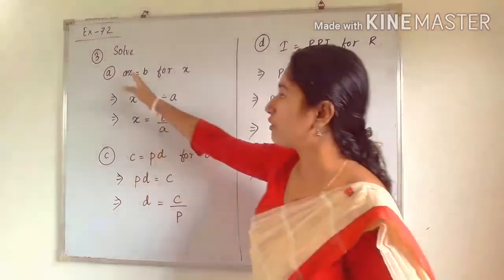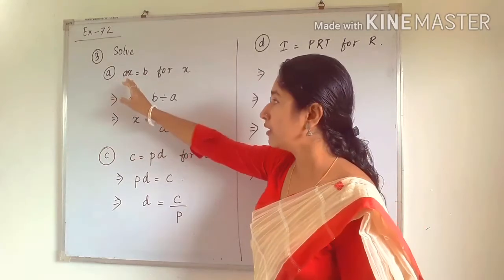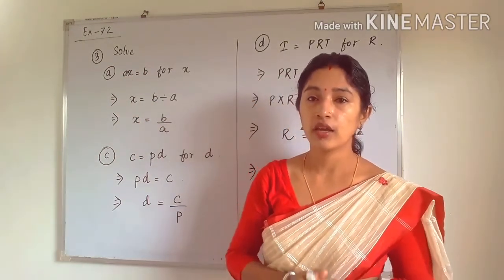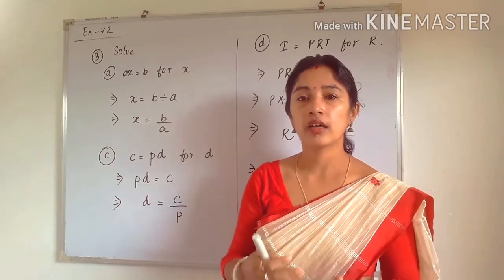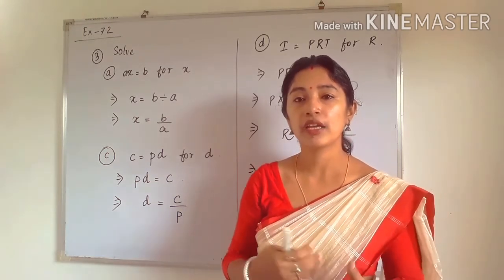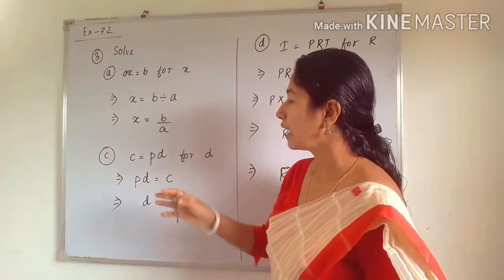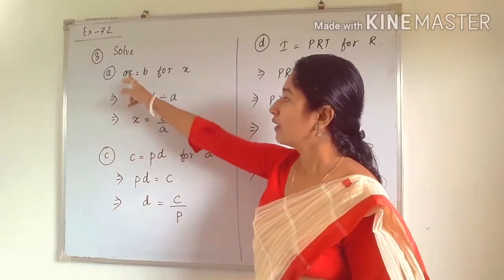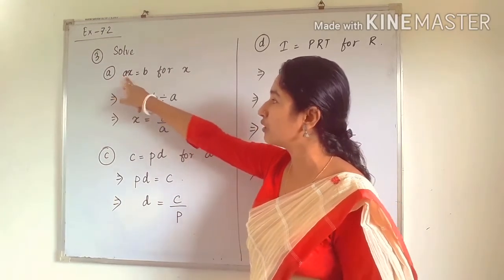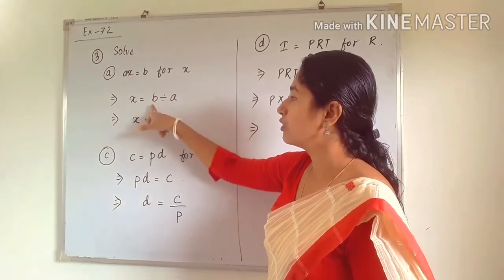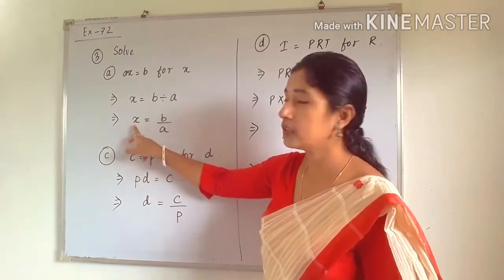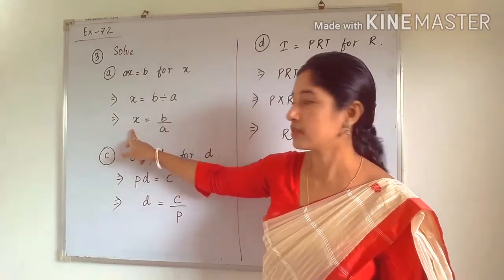So see here, x is already present in left hand side, and what are a and b? A and b are any constant values. Okay, it is not given in this question, but in other questions the value of a may be given; it may be negative or it may be any rational number. So here a, b are constant. So a is multiplied with what? x. A is multiplied with x, so when we transpose a to that side, it will get divided. So b divided by a, that means we can write b by a. So this is the solution, this is the value of x.